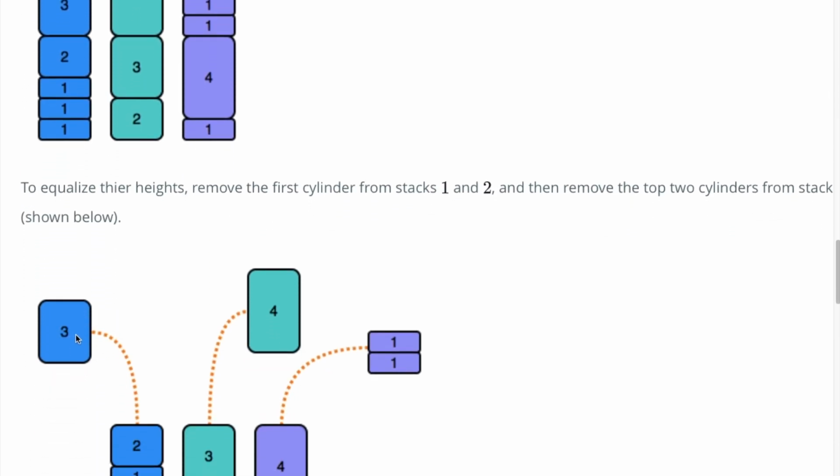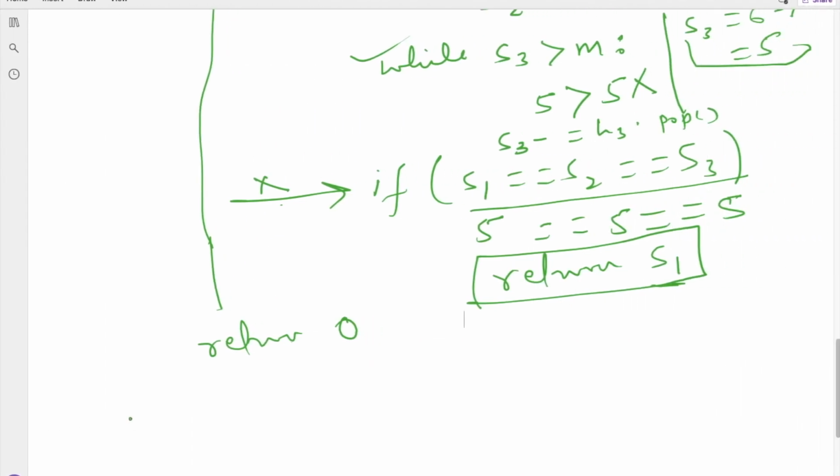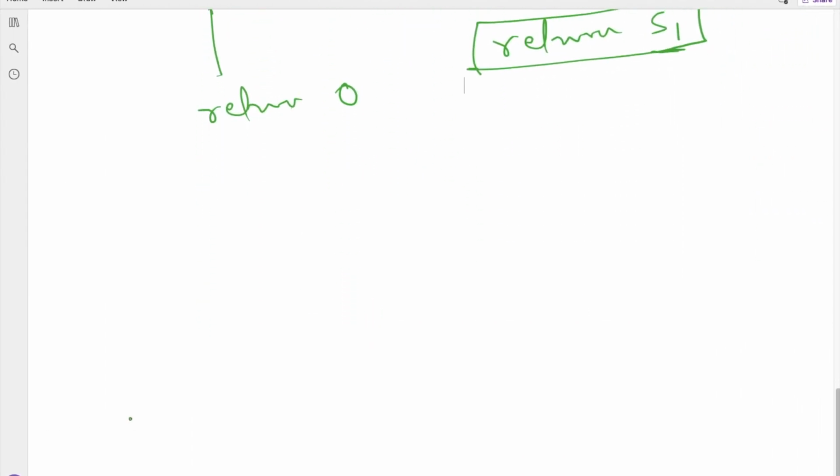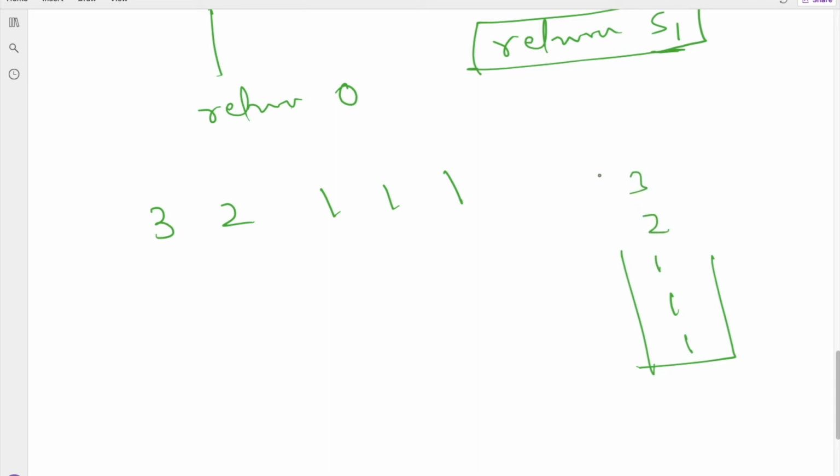Suppose I have elements like 3, 2, 1, 1, 1, then my stack will be like 1, 1, 1, 2 and 3, which means we are removing the 0th index element first.